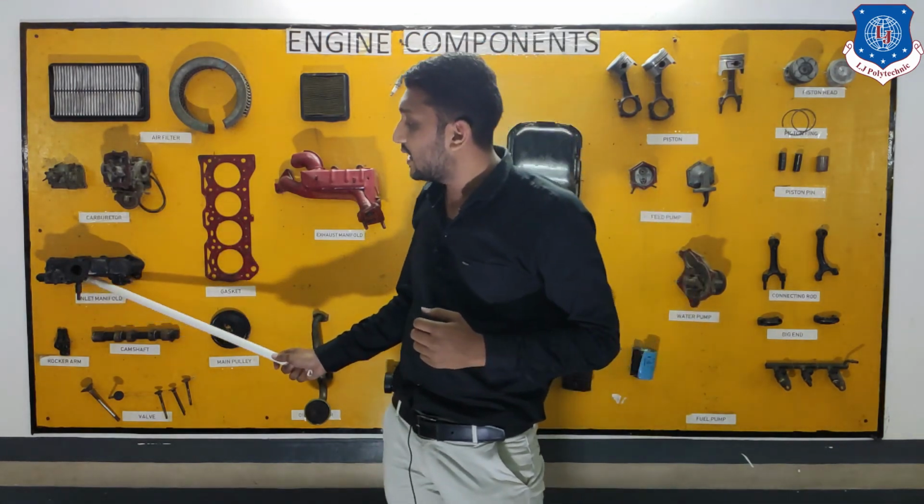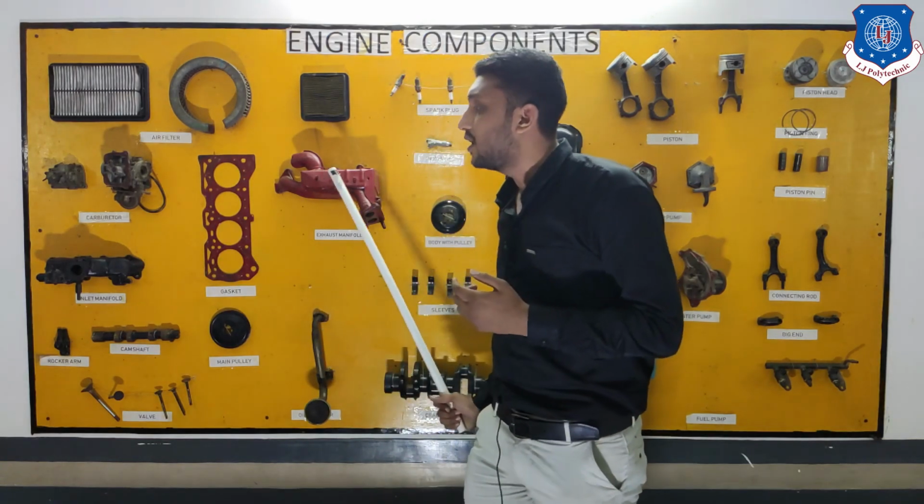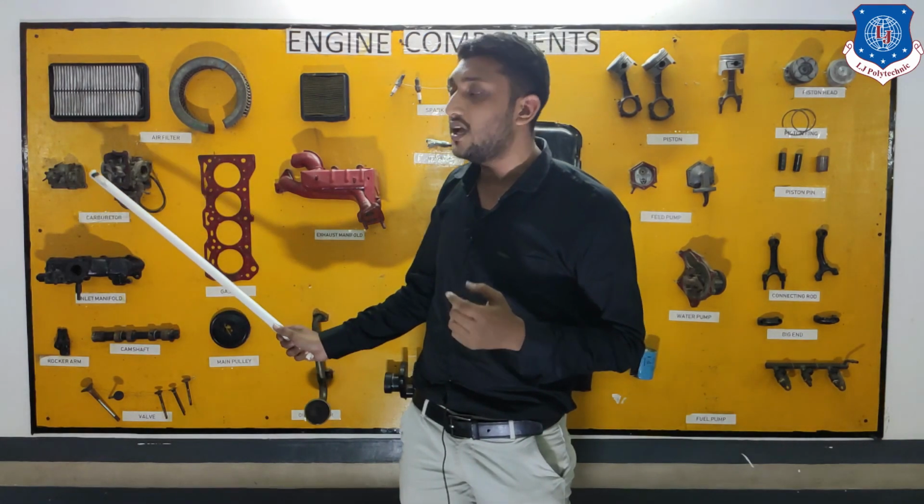Here you can see the inlet manifold. What is the function of the inlet manifold? As we discussed for the exhaust manifold, which liberates the gases out, the inlet facilitates the entering of the air and fuel mixture. Here you can see a carburetor. Generally in older cars a carburetor was provided, and the function of the carburetor is such that the air and fuel mixture should be blended or homogeneously mixed, and that homogeneous mixture occurs inside the carburetor.